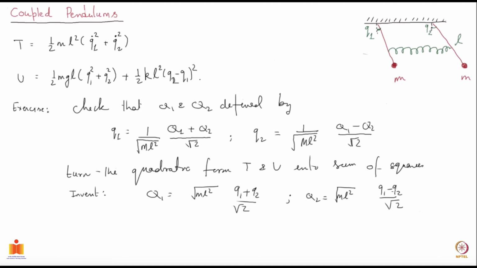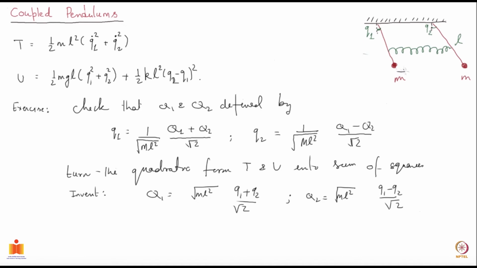And you can guess this because, let's say you define it this way. What I'm trying to say is how to guess that these will be the modes without doing the algebra. So let's say if you define these as the modes, then when Q2 is 0, you will have q1 equal to q2,